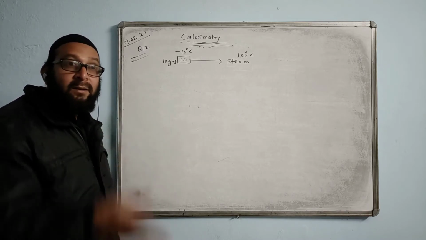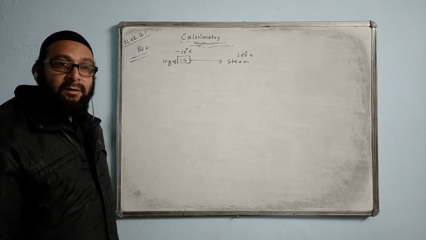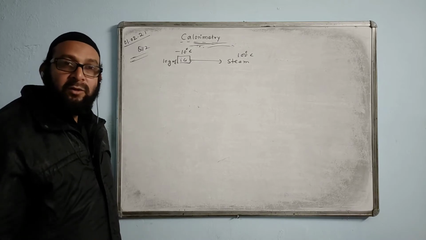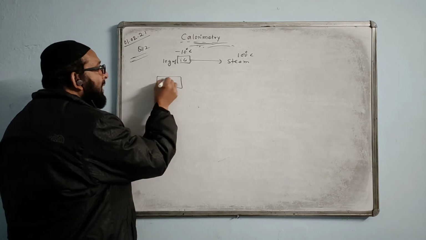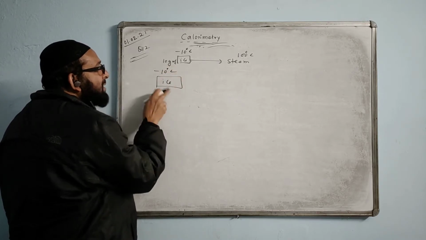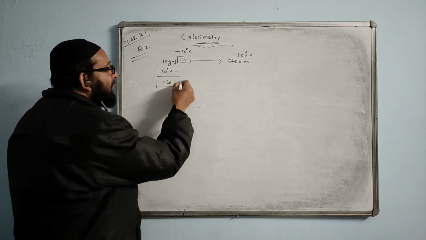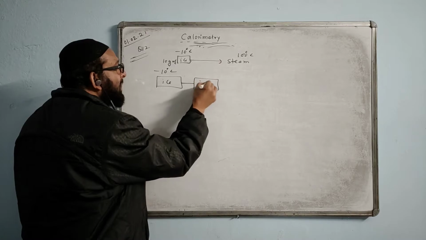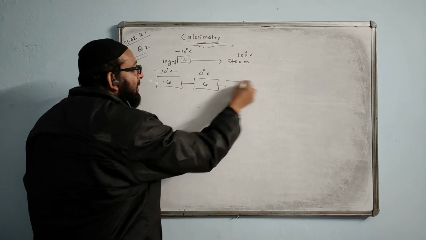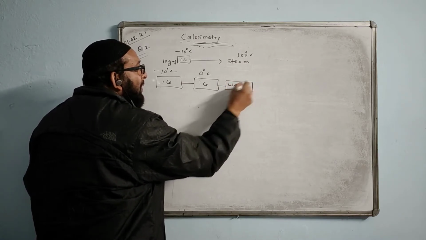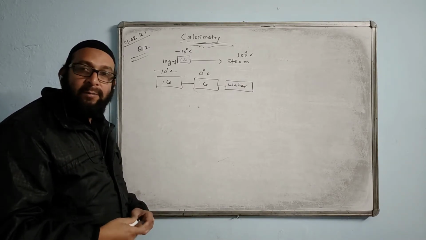No. First ice will melt, it will give water, and the temperature of water we have to increase, we have to boil it, and then at boiling point only it will change to the steam. So first you have to show the conversion by a block diagram here. Ice, temperature of ice is minus 10. Will it melt at minus 10? First, bring ice to 0 degrees Celsius. Now the ice starts melting and it will form water. When ice melts fully, it will give water of how many degrees Celsius?